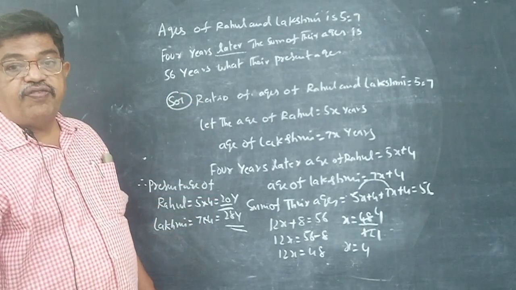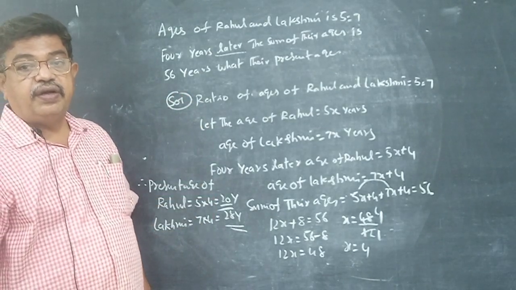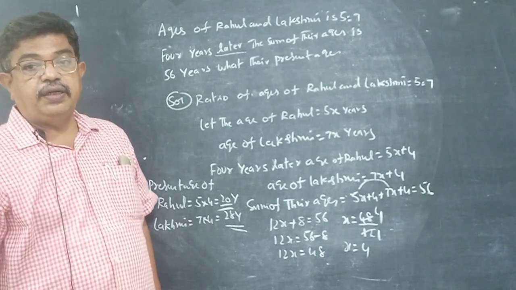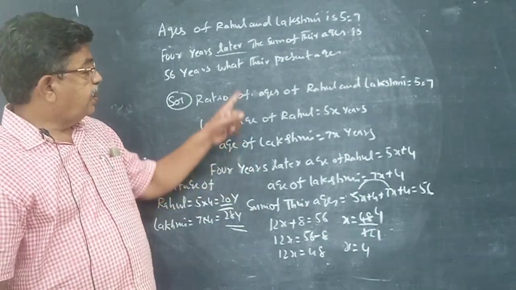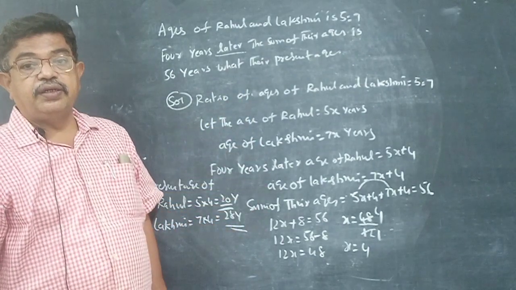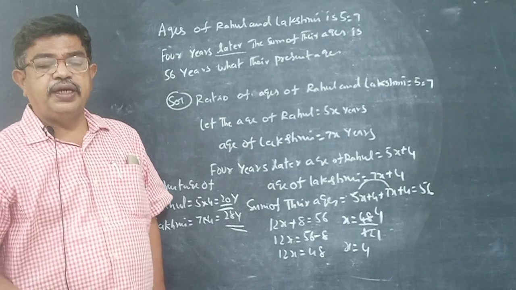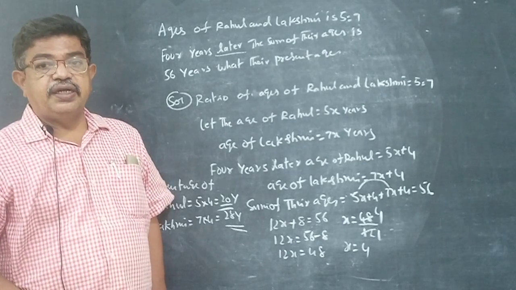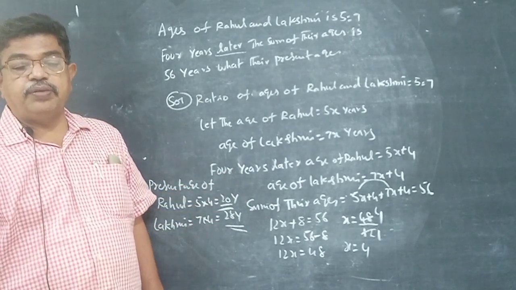So this is how we prepare linear equations, equations of first degree. And these are linear equations in one variable, because we are dealing with only one condition. We got only one variable. Like this we are going to do many more problems in the coming exercises. I think you followed all the problems. Today we did 4 to 5 problems.